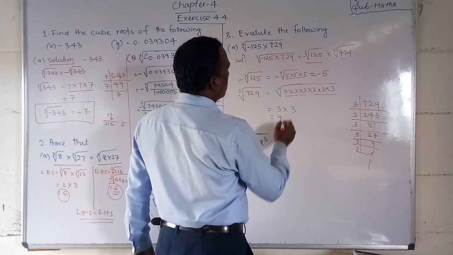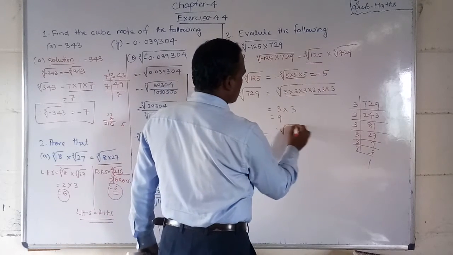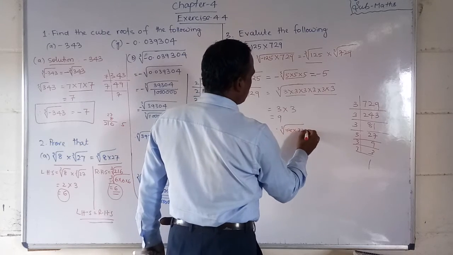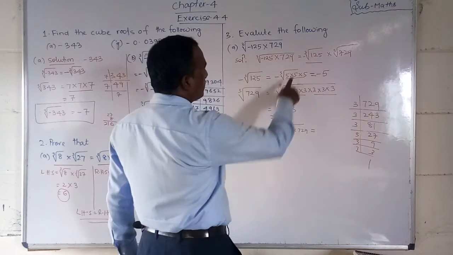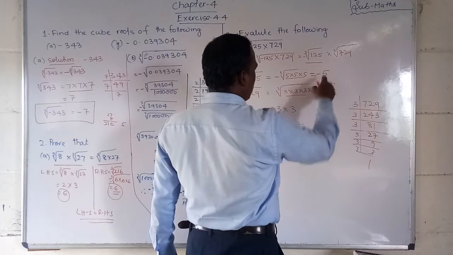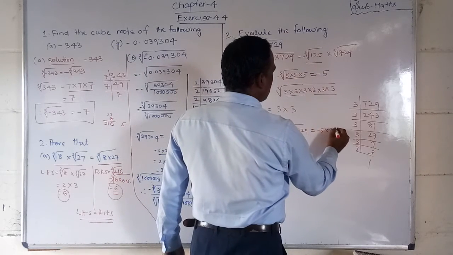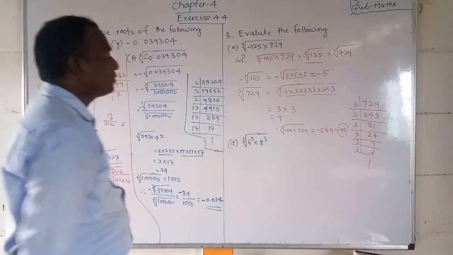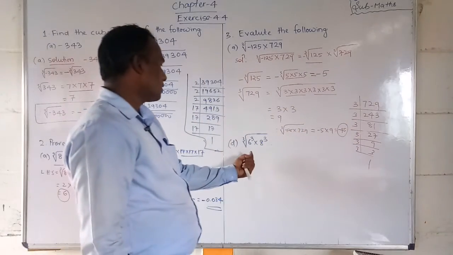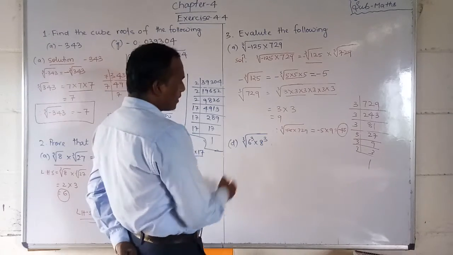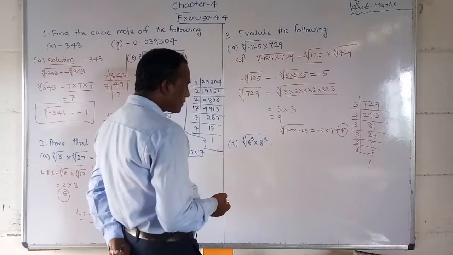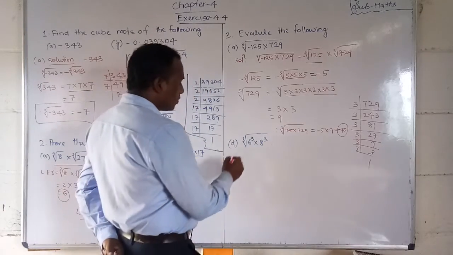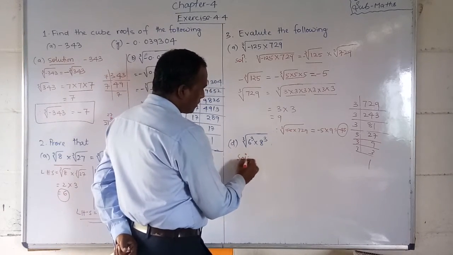Hence we can find this value. Cube root of minus 125 into 729 is equal to this value: all we got multiplied, minus 5 into 9 is equal to minus 45, which is our answer. Okay friends, next we will go further. Same like, friends, if you do that individually it is very easy to do. Okay, so this is the technique you should apply, friends.